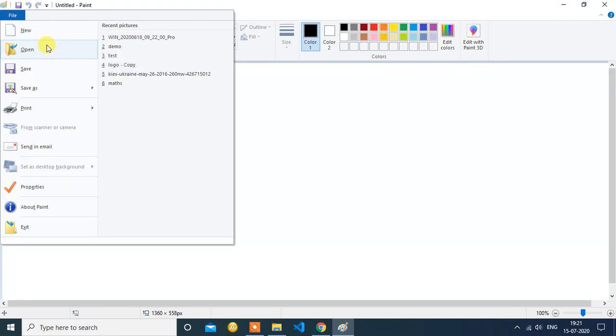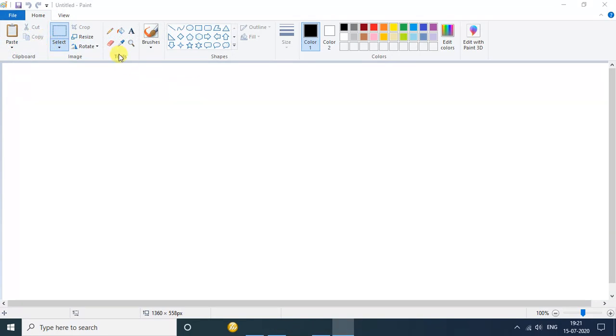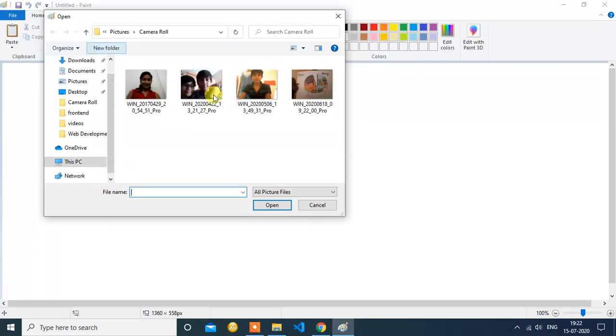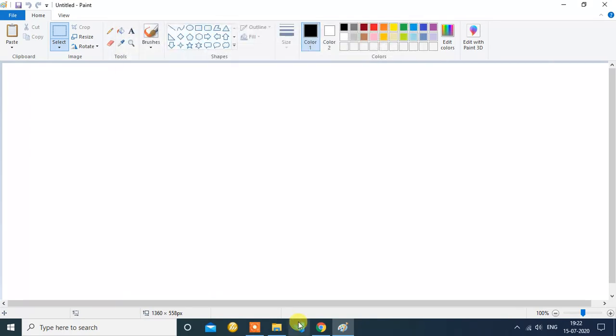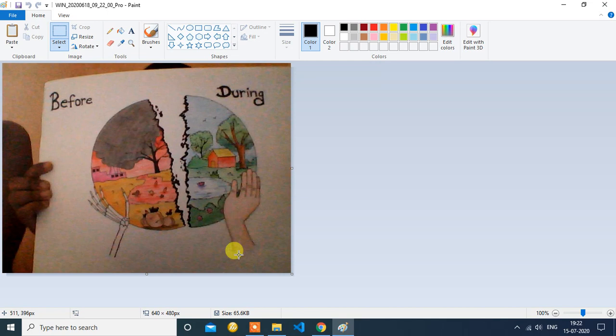Open section, if we click on here, it will give you a menu that will show you how you can open any file. If you want to open any picture, anything that you have made earlier or have downloaded, it will give you that. You will get this type of menu. I am in the pictures folder. In the camera roll, I have some pictures. I will click in here, and there is an option to open. If I click on the open section, I will get my painting in here. So for now I don't want this.